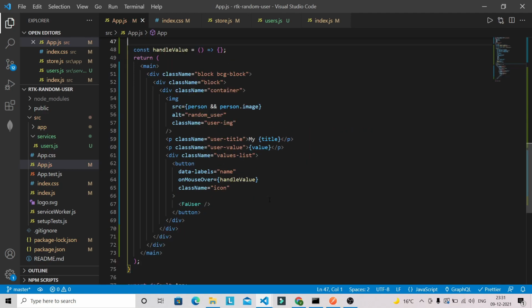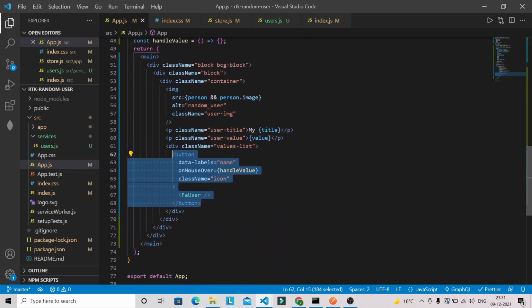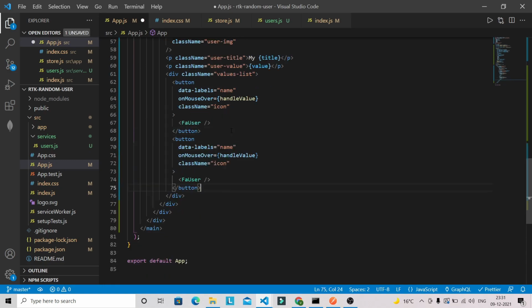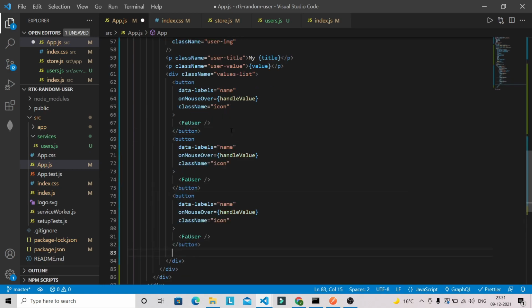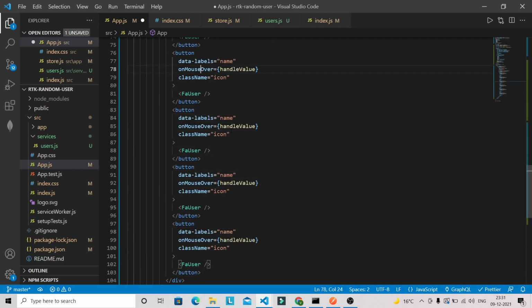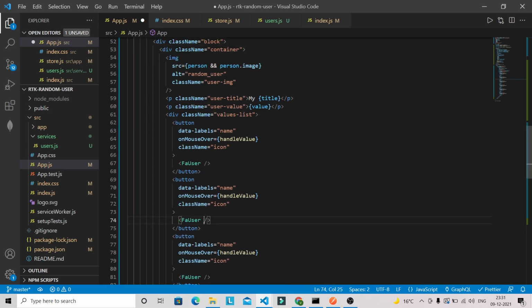So guys, now I'm just going to copy this line of code a couple of times, because we have around 6 icons. So I'm just going to paste it a couple of times here. So the first one is name, and the second one we are going to use an icon like envelope.